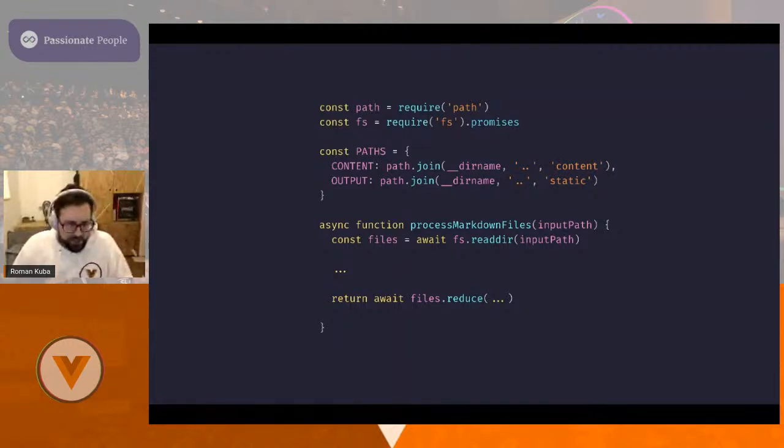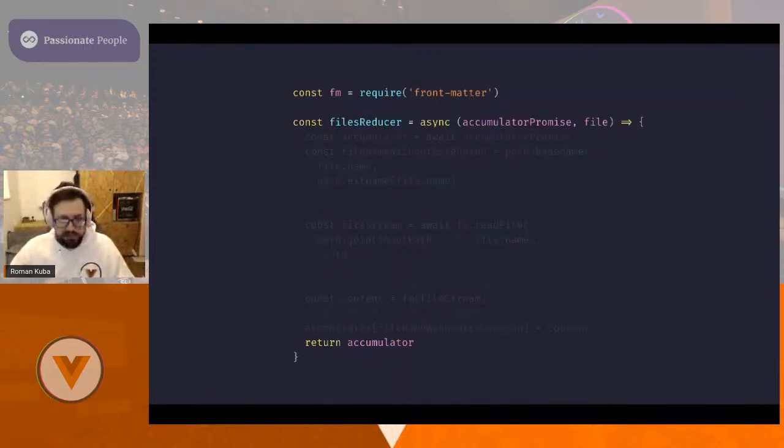Yeah, and then we just read our files, wait for everything, and we can just wait. And then the other cool thing is, okay, I have a lot of files now, going through all the things, can be images, whatever. And then reducers are the next thing that sounds super cool to make use of with these files. And I really like reducers. And the cool thing is you can also make asynchronous reducers, which I didn't know before.